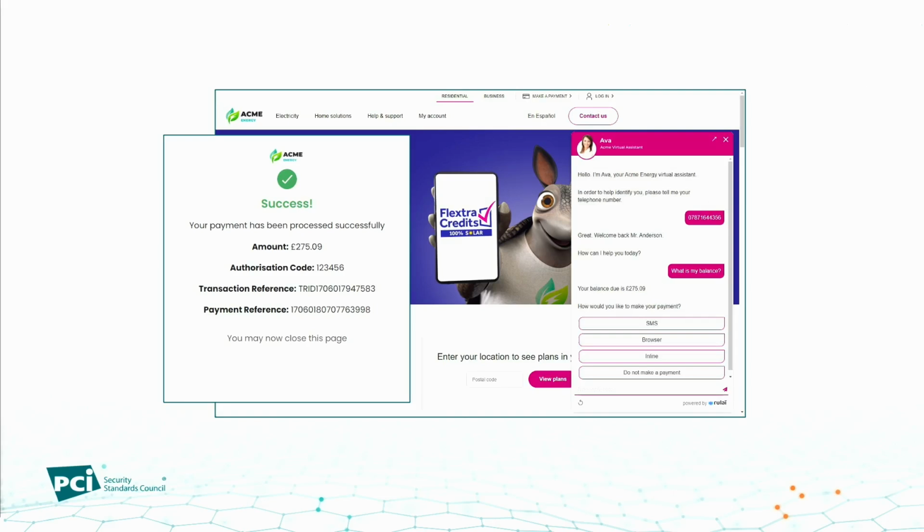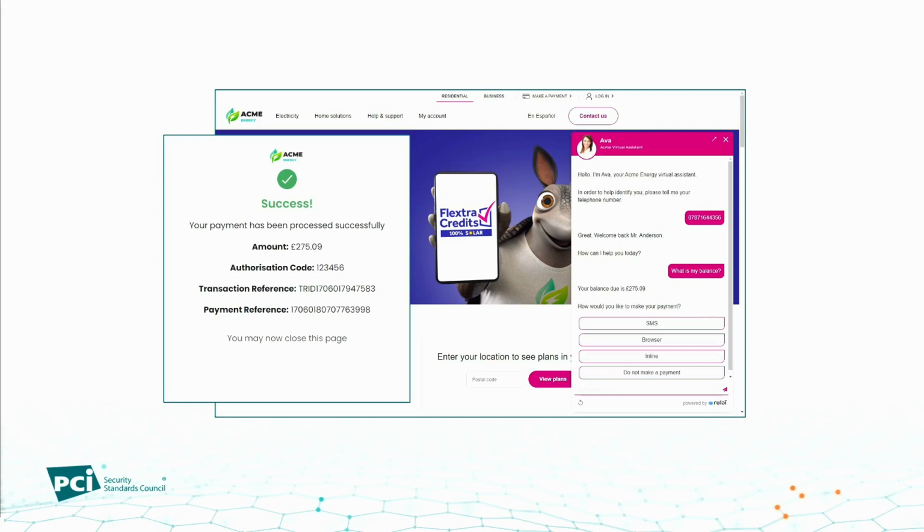So that might have been a transaction against WorldPay or Adyen or Global Payments or something like that. And we can immediately return a result back for the consumer to say, that's great, your payment of 240-something pounds happened successfully. Here's an auth code, transaction reference, whatever it might be. The API in the background has been letting the chatbot know what's going on.